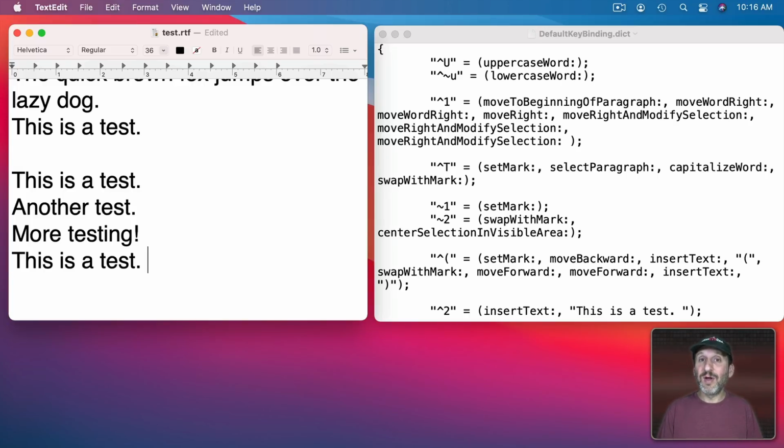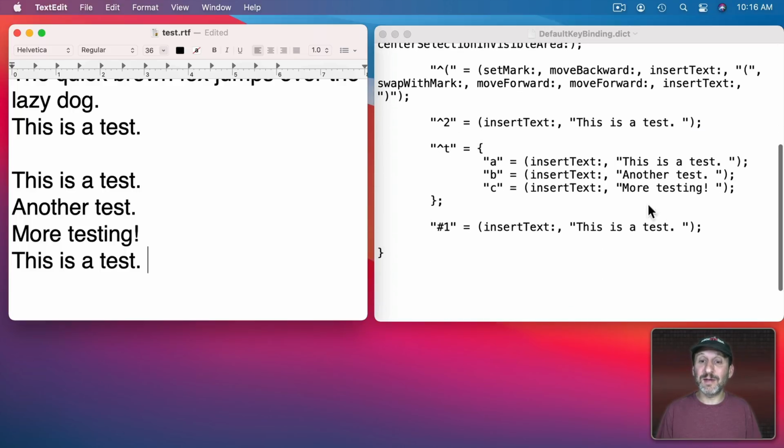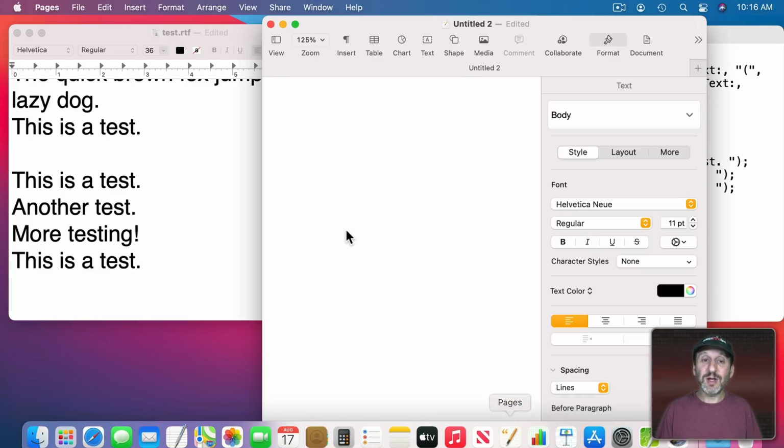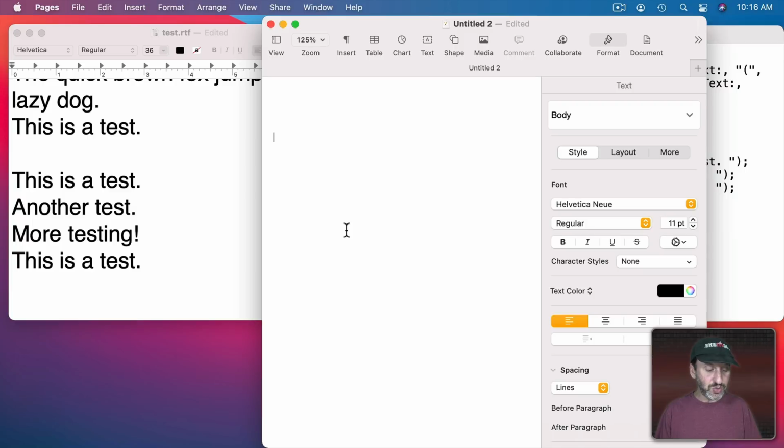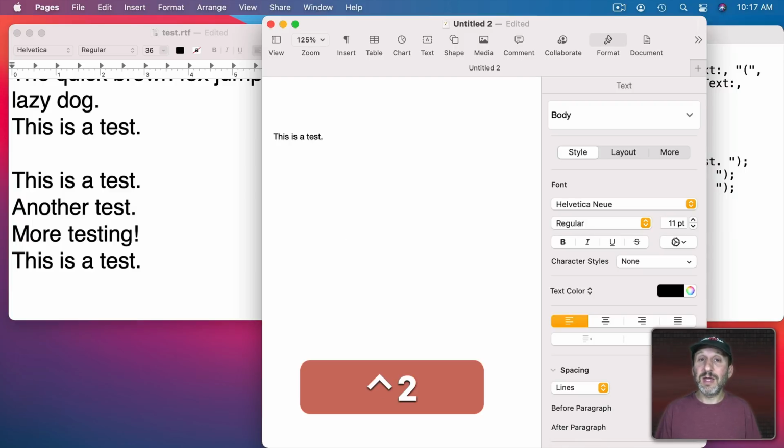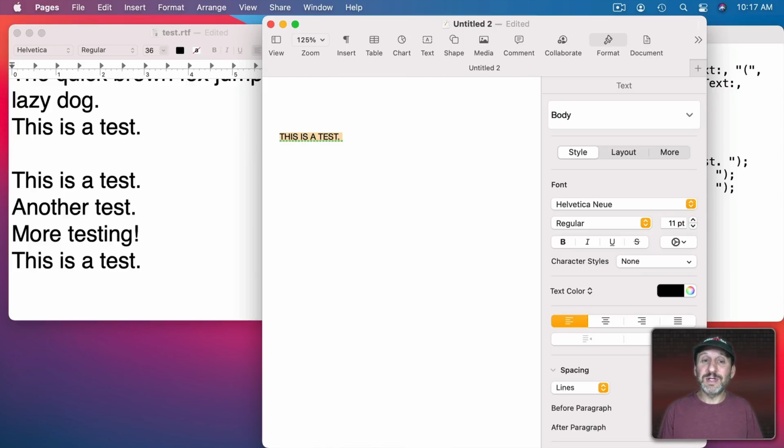So I could have 9+ of those just using my numeric keypad for these little text insertions or any of these shortcut commands. Now to show you that this doesn't just work in TextEdit, let's try it in some different apps. For instance, here we are in Pages. Let me use that Control 2 and you can see it inserts there in Pages. I can select this and use Control Shift U and you could see that it does the uppercase. So Pages works great.